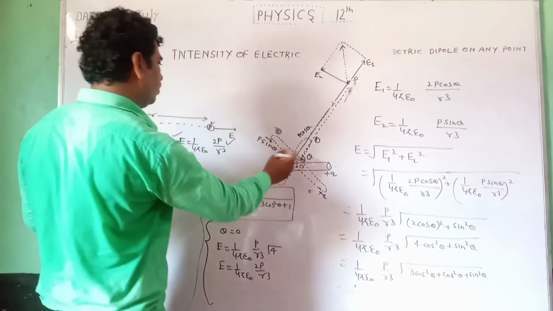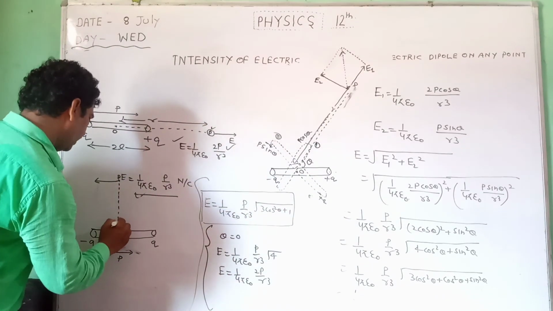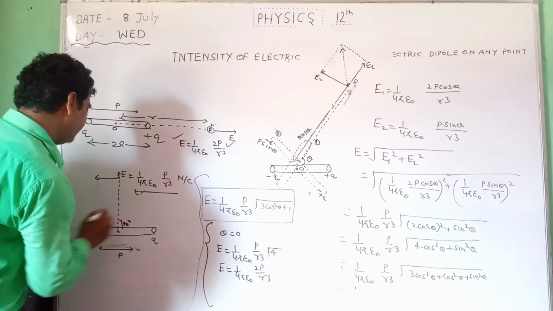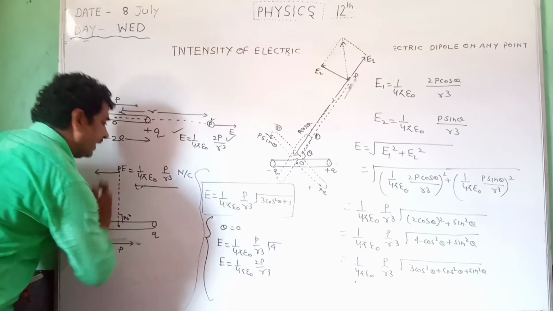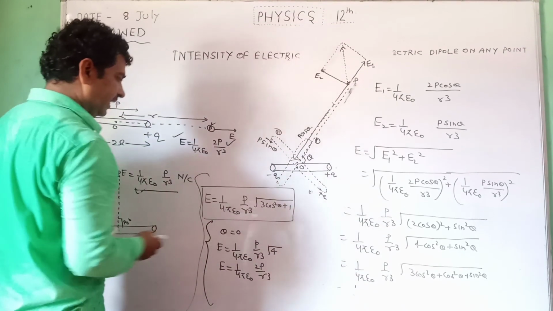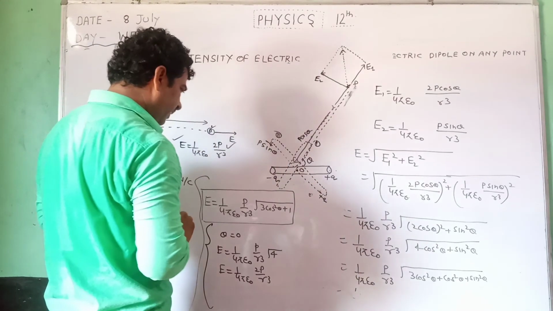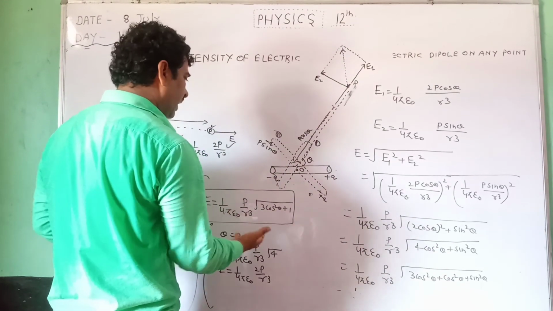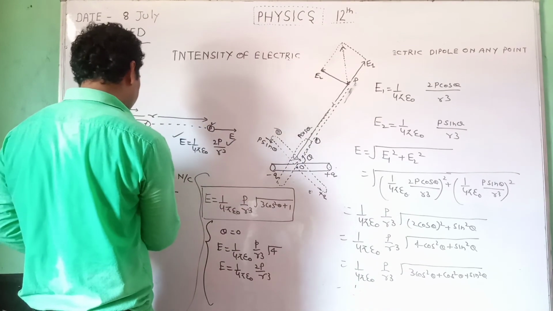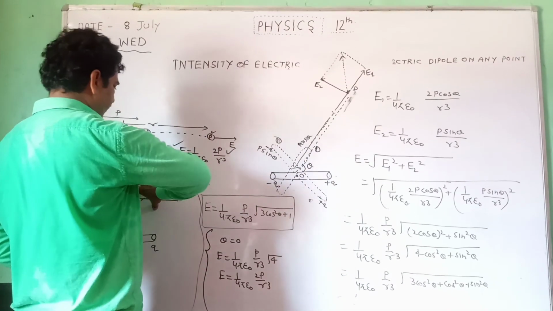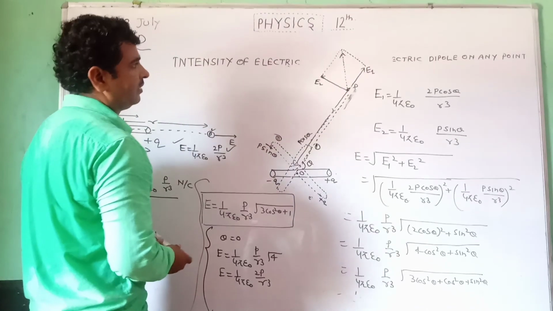If theta is equal to 90 degree, look here, if point P is situated on the right bisector, then theta is equal to 90 degree. If you put the value of theta as 90 degree in this place, then you will get this formula. My dear students, thus our